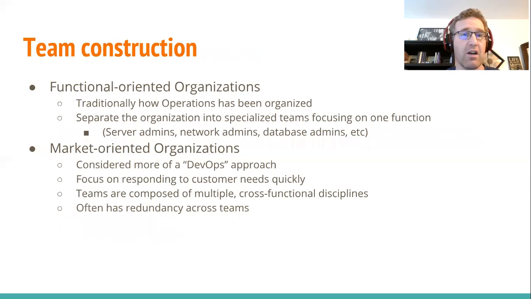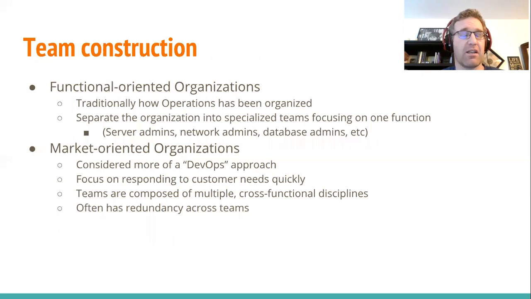Functional-oriented organizations are traditionally how organizations have been organized. They separate your organization into specialized teams focusing on one function. So you'll have your server admins, your network admins, your database admins, InfoSec, development, whatever. You'll have those set up into a team. In contrast with that,